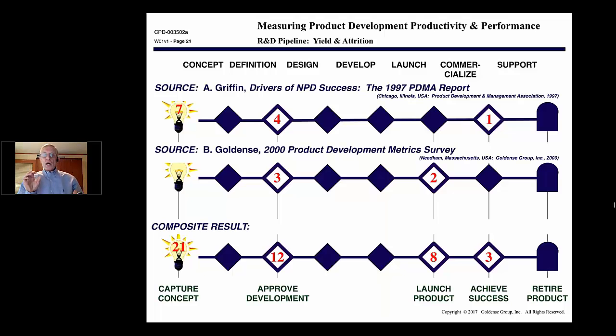This is linear equations of two different reports that looked at how many concepts get into the pipeline. You can see the combination at the bottom, 21 ideas yield 12 approved products. 4 products die in the middle of the pipeline without getting launched, such that 8 launch. And of those 8, only 3 achieve success. So basically, out of all of the work that companies do, it's those 3 products that create 100% of your